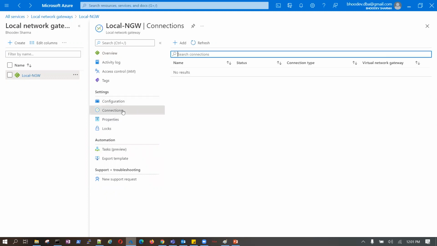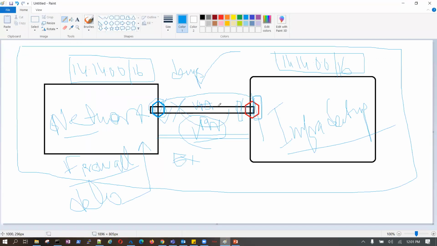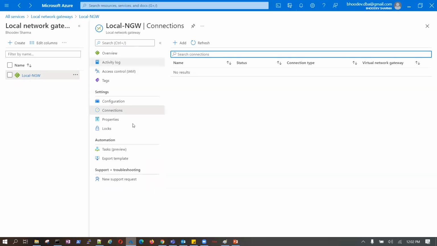I will show you practically how it gets established in a real environment. Because this link is not available, we will not be able to complete this lab end to end, but I will walk you through all the steps and what is needed.